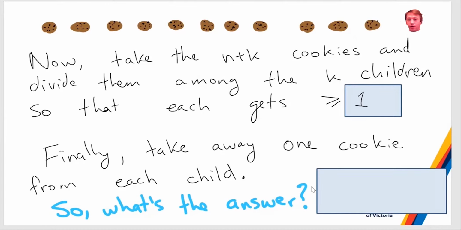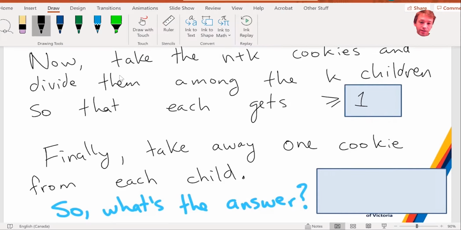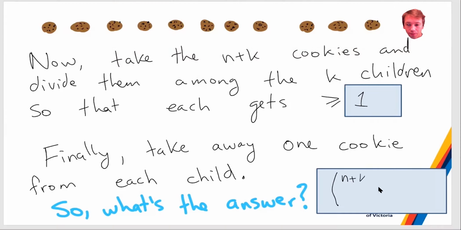And then since every child got at least 1 before, now every child gets at least 0, if that makes sense. And then we have exactly n cookies because we introduced k extra cookies, we distributed them, then we took away k cookies, 1 for each child. So how many ways are there to do this? Well, it's the number of ways to divide up n plus k cookies among k children, where each child gets at least 1. And we already solved that problem before,